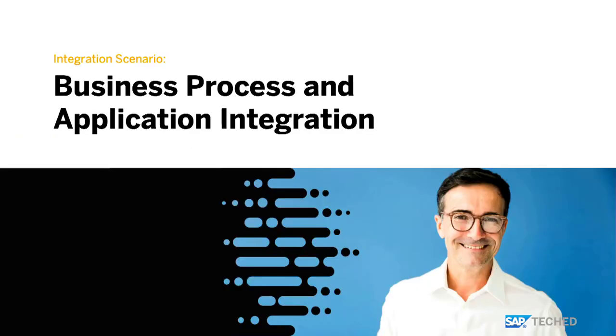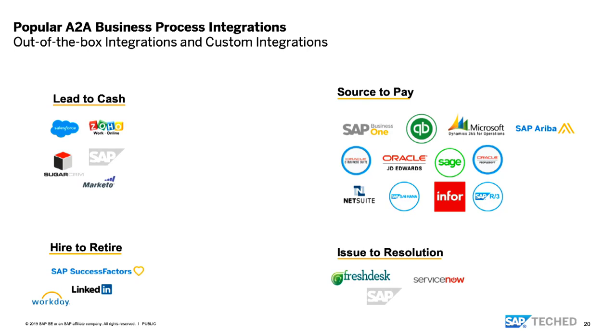Now let's take a deep dive into each of these scenarios, right? And then we look at the solution architecture on how we do this. So these are some of the popular out-of-the-box integrations and customer integrations we see, right? Lead to cash, hire to retire, source to pay, issue to resolution, right? Based on what we see in our customers, based on our telemetry, we could say these are some of the